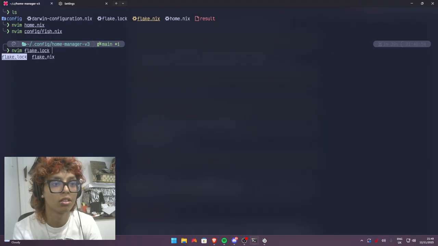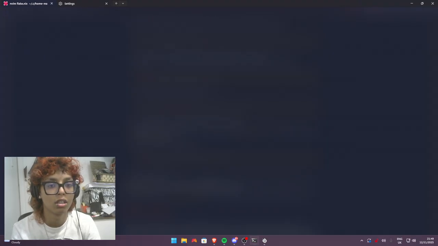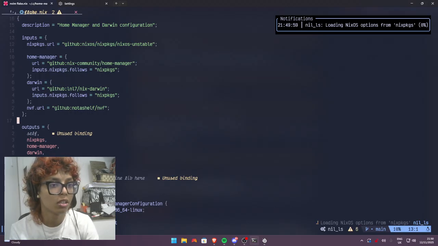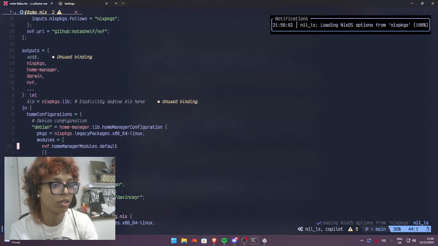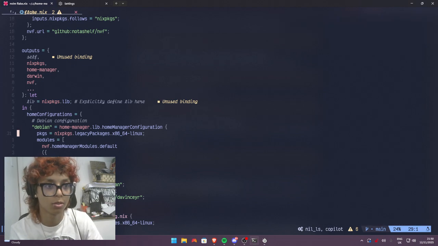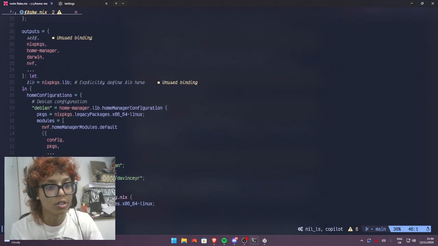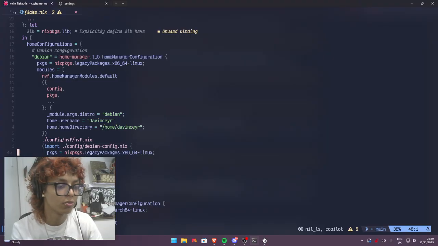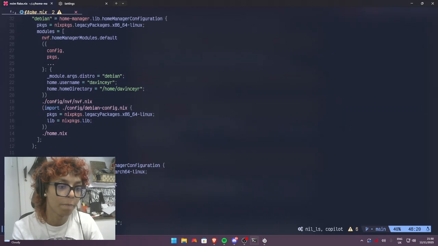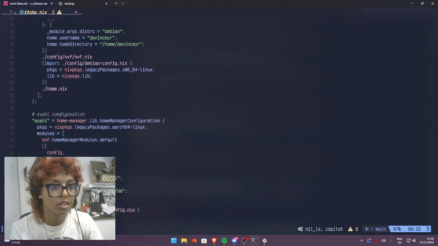Open up my config. As you can see, I can cut them out into their own configurations. For example, this is my Debian configuration. I'm importing certain modules, certain configs, certain imports, all of that. And the good thing about this is, as you can see,